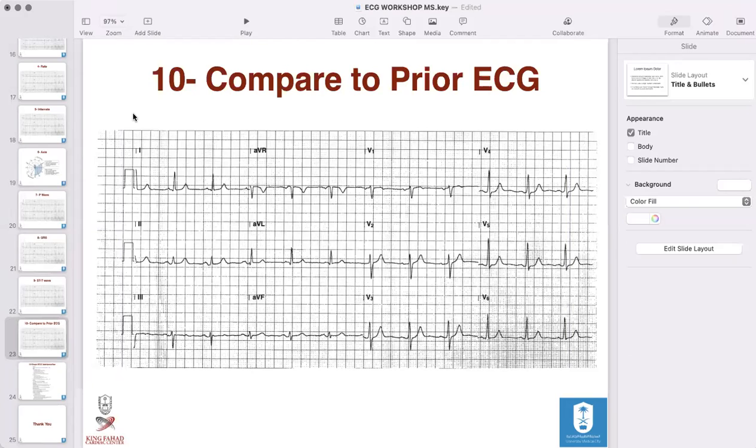And last but not least, number 10 is that I want you to ask about a prior ECG. That's where you're gonna try to compare it to a previous ECG before you say there are new changes, because sometimes there is a change that is already old. The same thing goes with anything else: chest X-ray, lab result, always compare to a prior one if you have one. Okay, so